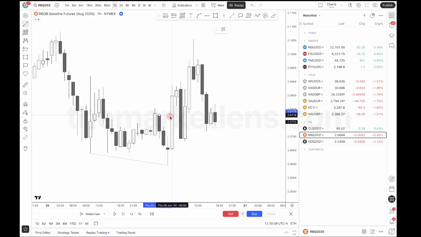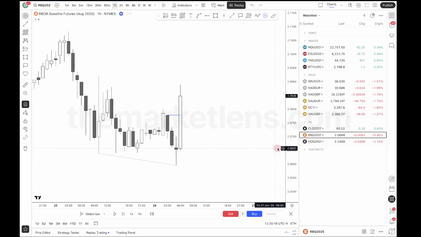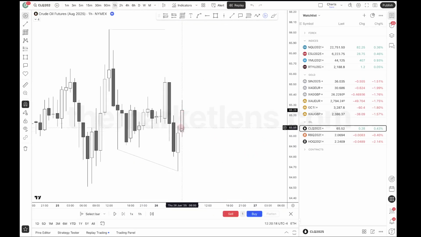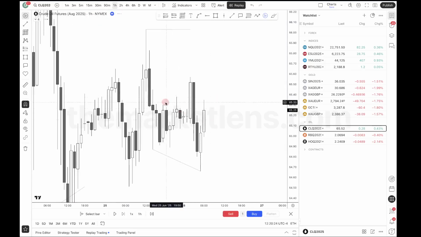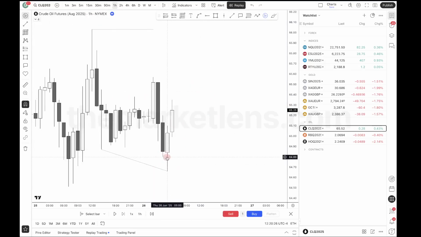You're seeing that RB, the weaker asset, is putting in a CSD here. See that? Where CL is not putting a CSD, but it's still reversing. You see this? It's still reversing, which is good. So that is a form of strength switching, which validates this SMT. What we're seeing is all assets are expanding away from the SMT. This is exactly what we want to see.